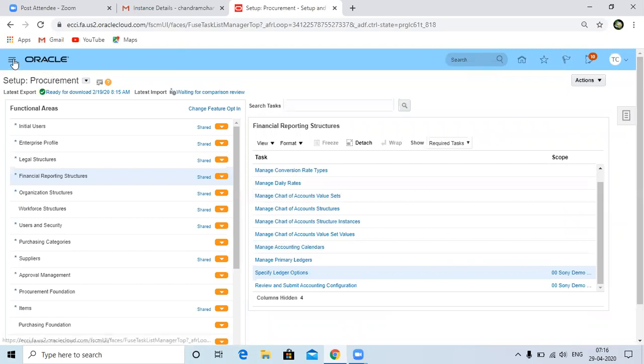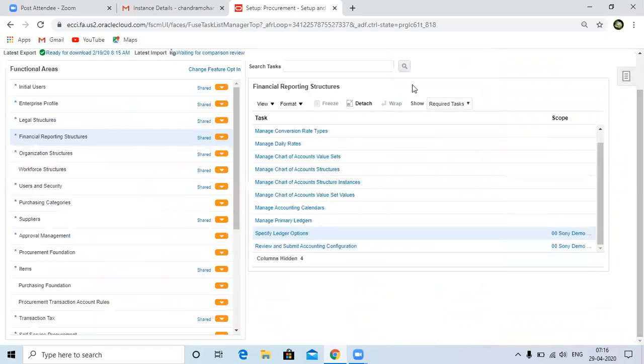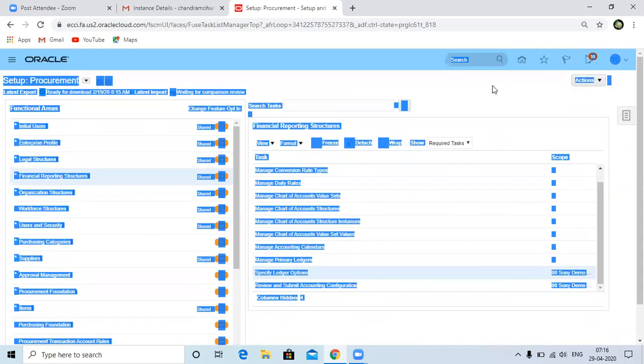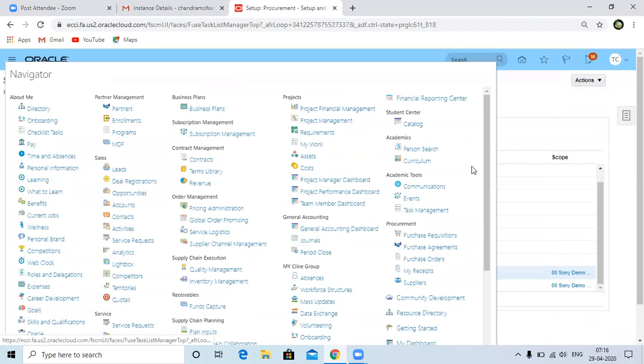So now as a process, let's come to procurement and create a purchase order. Under procurement, click on purchase orders.